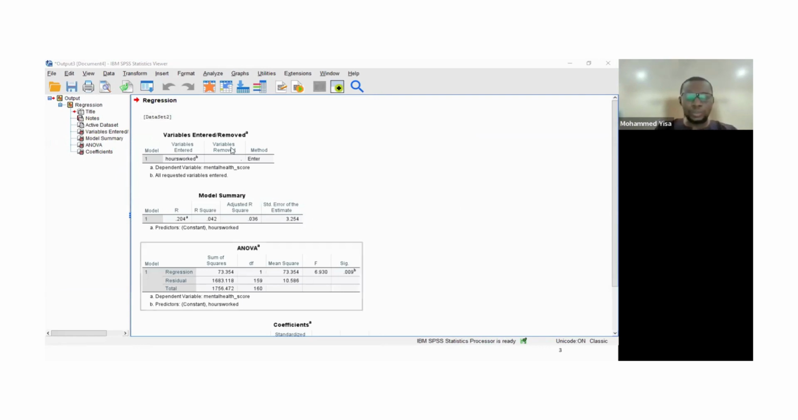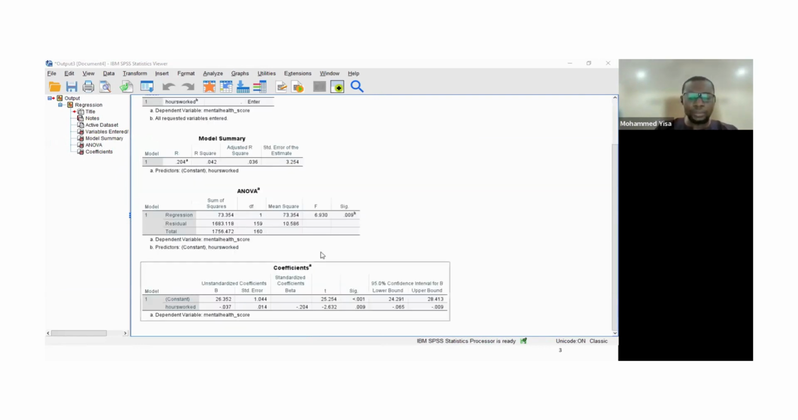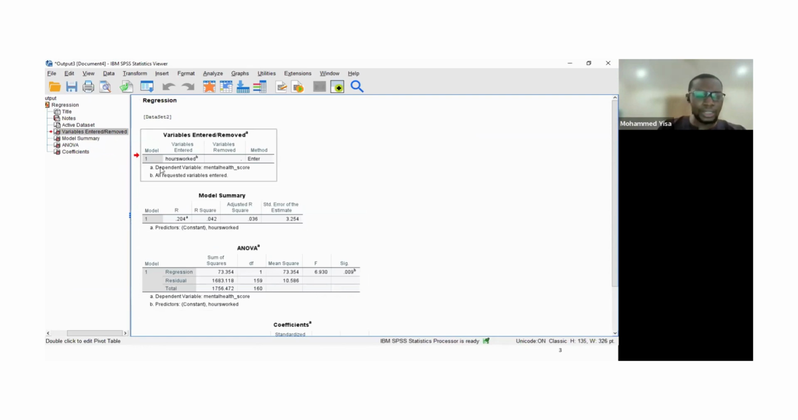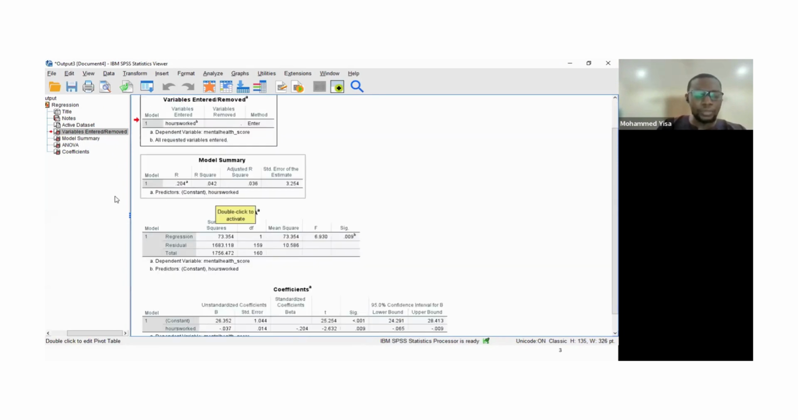So this is the output from the regression model that we have selected according to these variables. If you look here, you can see the variables entered. The dependent variable is the mental health score, and this is the independent variable. This is the R square, 0.042. So when you multiply this by, sorry, I don't want to give you a wrong answer,